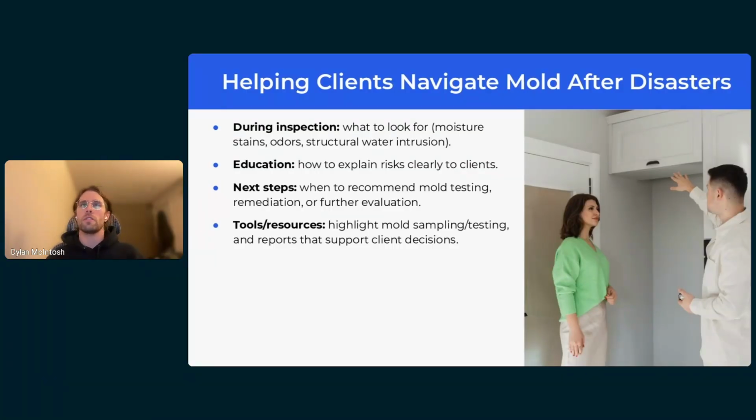Some situations you may not be able to determine exactly what the issues are, so you would call in a more specialized environmental consultant.